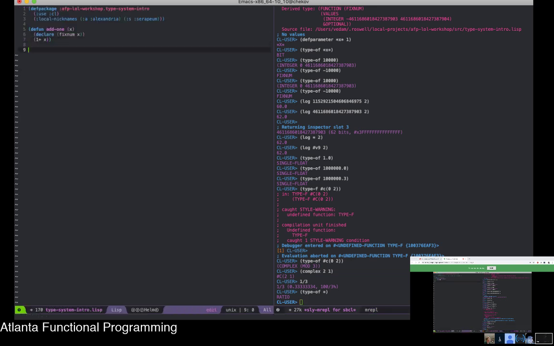So the way to do this is you have this concept called a deftype. Now deftype isn't just for creating aliases. You can actually use deftype to create what I see in other languages look like type constraints. So you can specify a predicate that says if you actually satisfy these constraints, you are of this type automatically inside Lisp and notify Lisp of those